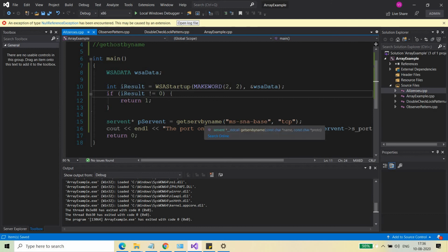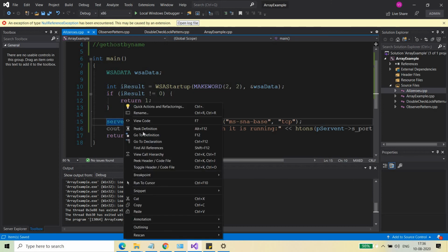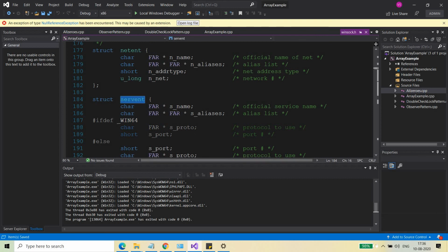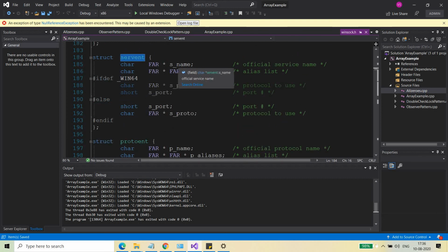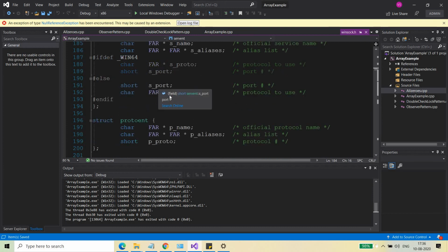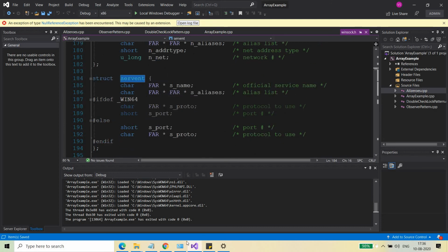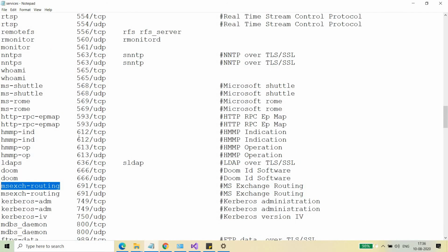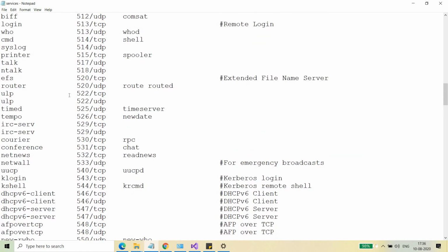getservbyname basically returns a structure. The name is servent, and if you go to the definition of servent, you can see that it returns the name of the service, the aliases, the port number, and the protocol which it uses. All these things have been mentioned in this services file.